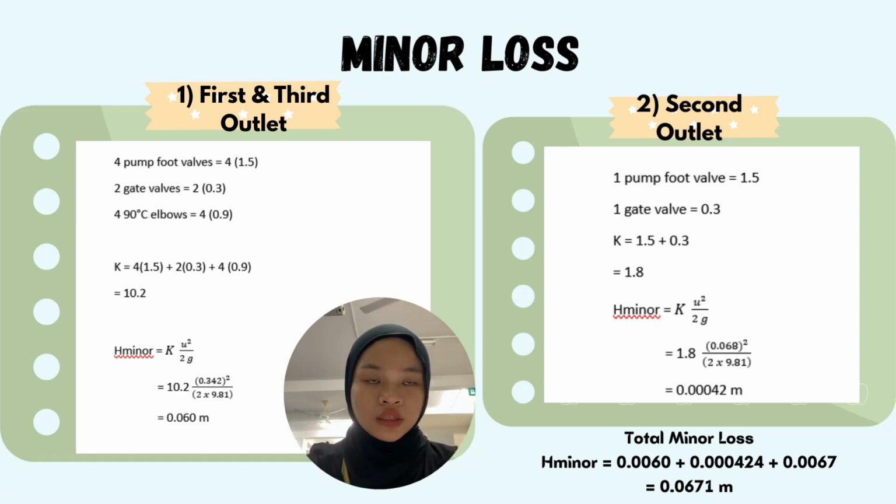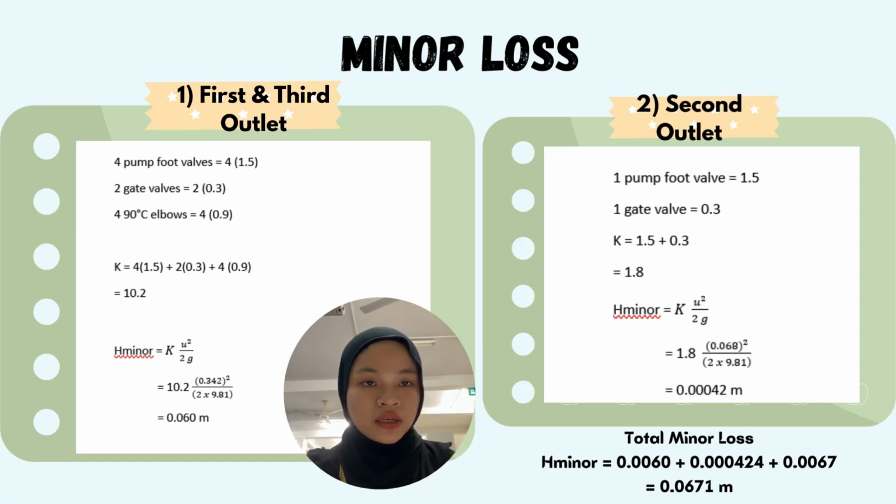For the third outlet, we have 4 pump foot valves, 2 gate valves, and 4 90-degree elbows. So we are going to find the K value first. It's the same as the first outlet, which is 4 multiplied by 1.5 plus 2 multiplied by 0.3 plus 4 multiplied by 0.9, and we will get the value of K, which is 10.2. And for the H minor, we are going to insert the 10.2 into the formula. So 10.2 multiplied by 0.1142 to the power of 2, divided by 2 multiplied by 9.81, and then we'll get the value